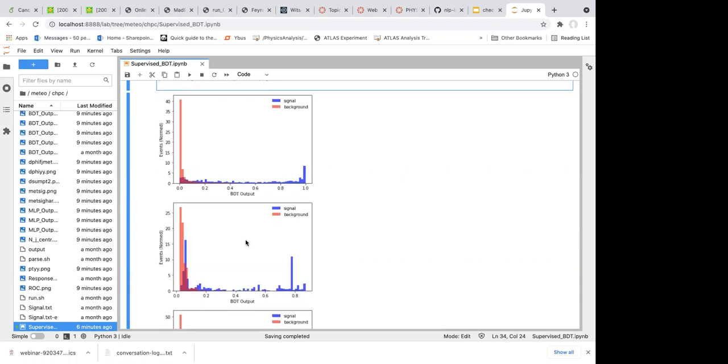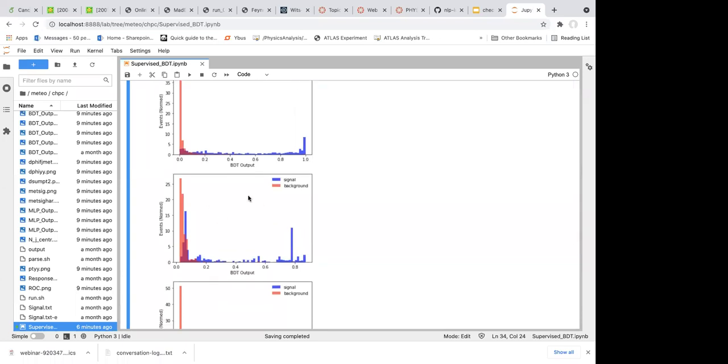Now let's compare different methods here. The first method, remember, is actually an intermediate setup of the complexity of the hyperparameters of the random forest. You can see it's well separated. Most of the blue is just above 0.2. Then let's look at the second method. You can see that we have a huge blue peak which is smaller than 0.2, and here we also have some events smaller than 0.2.